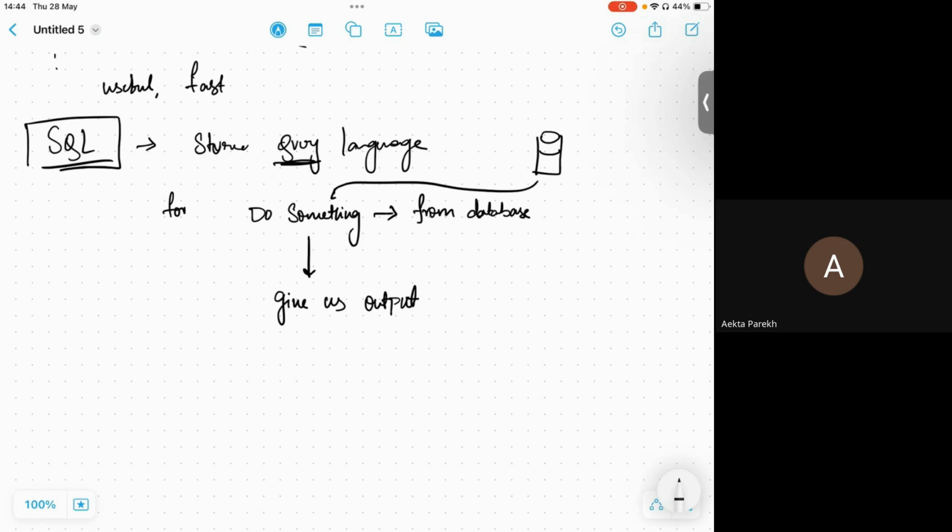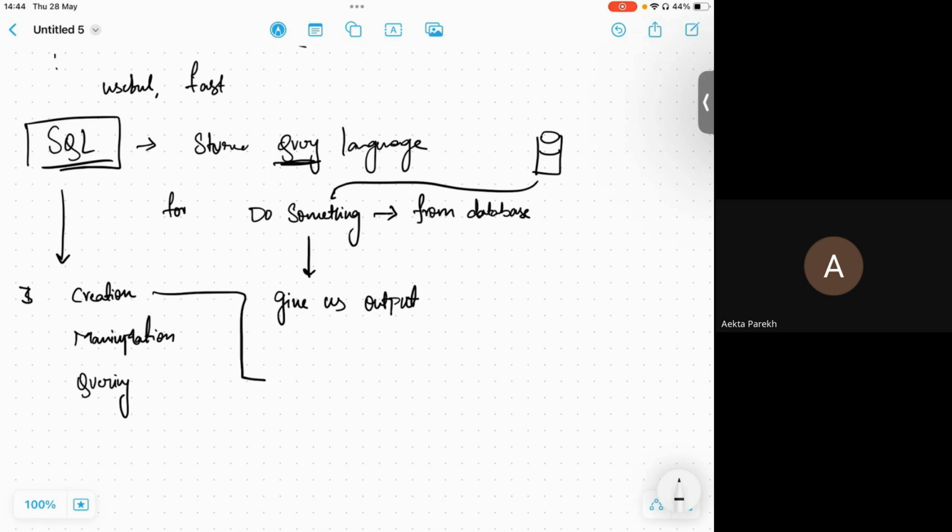You can use a very complex SQL or a very simple SQL. Primarily in SQL, there are three types of syntax: one is creation, one is manipulation, and one is querying.